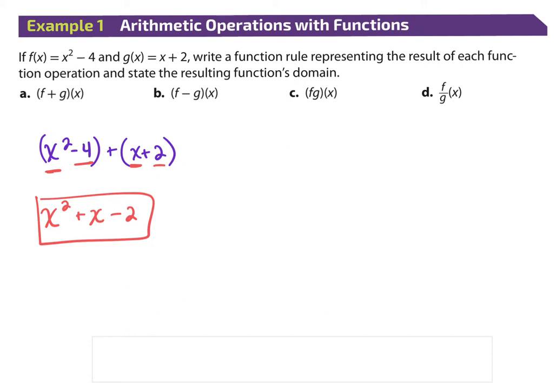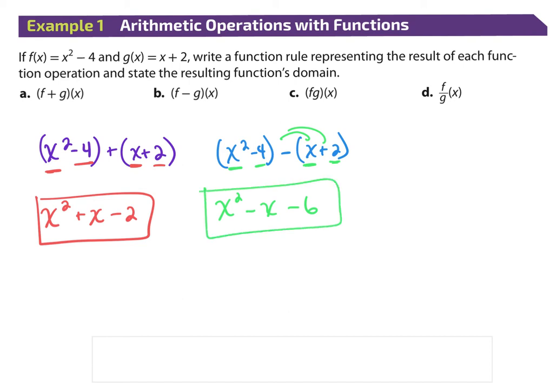Subtracting, I'm going to do the same thing. I'm going to say x squared minus 4 minus x plus 2. For this one, you are distributing that negative. So I have an x squared. Now I have a negative x, right? And a negative 4 minus 2. Subtraction, right? If I were to multiply